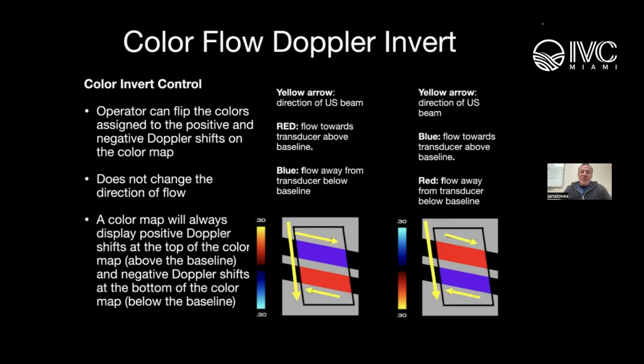Any thoughts about this? Then why would you want to do this? Just to assign an artery red and a vein blue, just for convention, so people looking at it? Why would you want to invert it? Well, there are times where you're looking at,